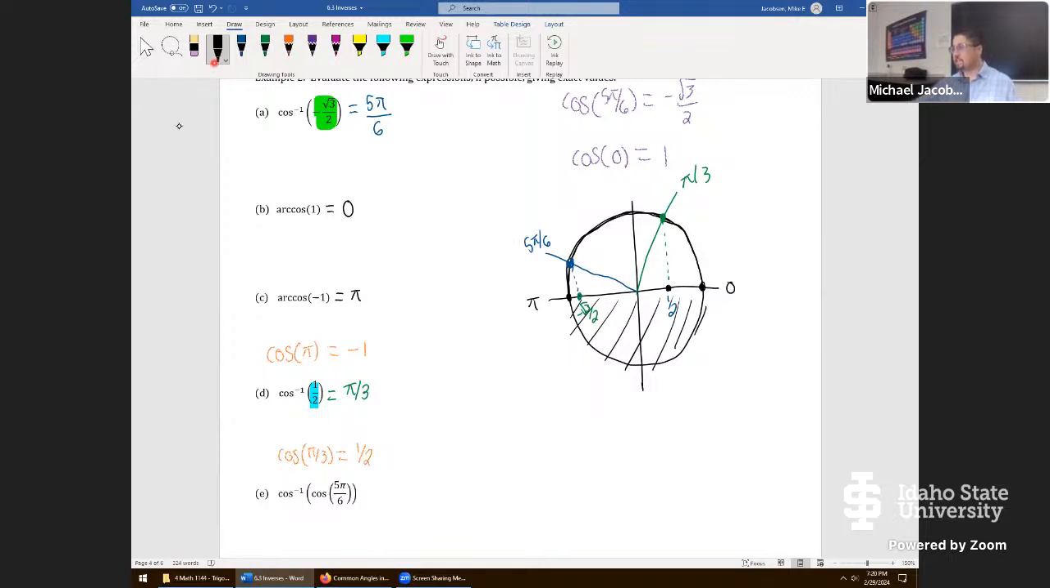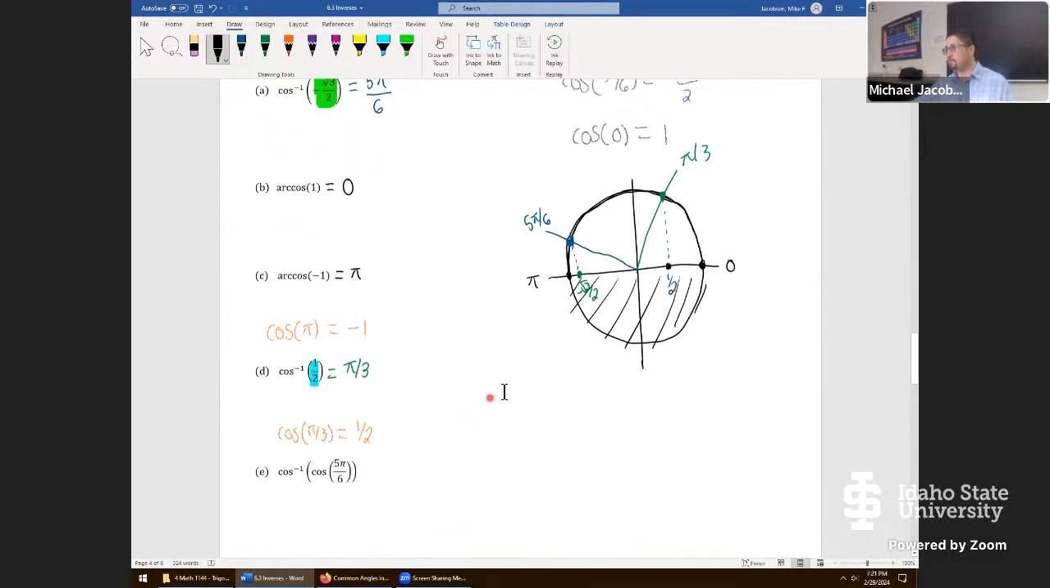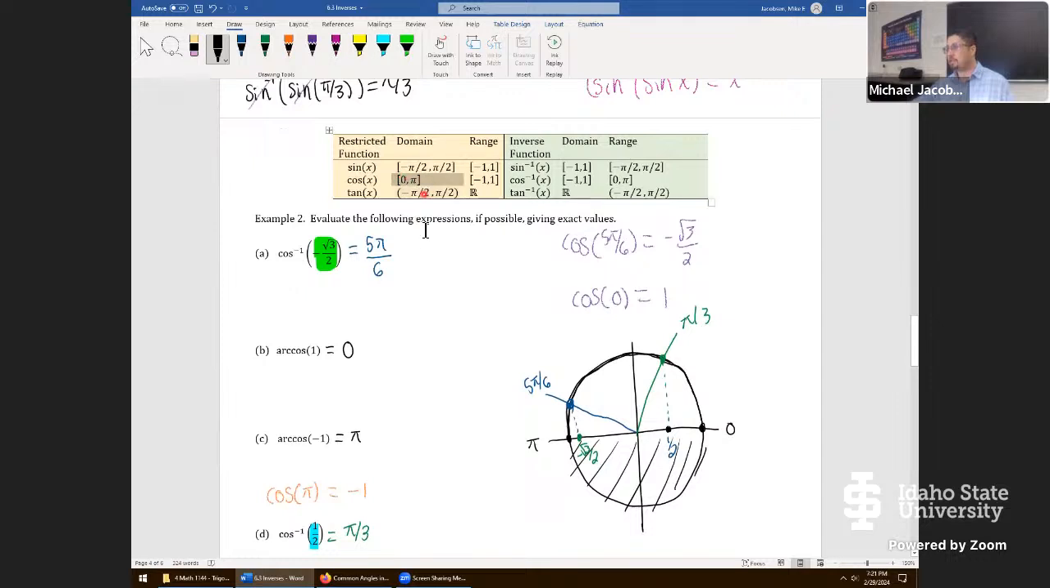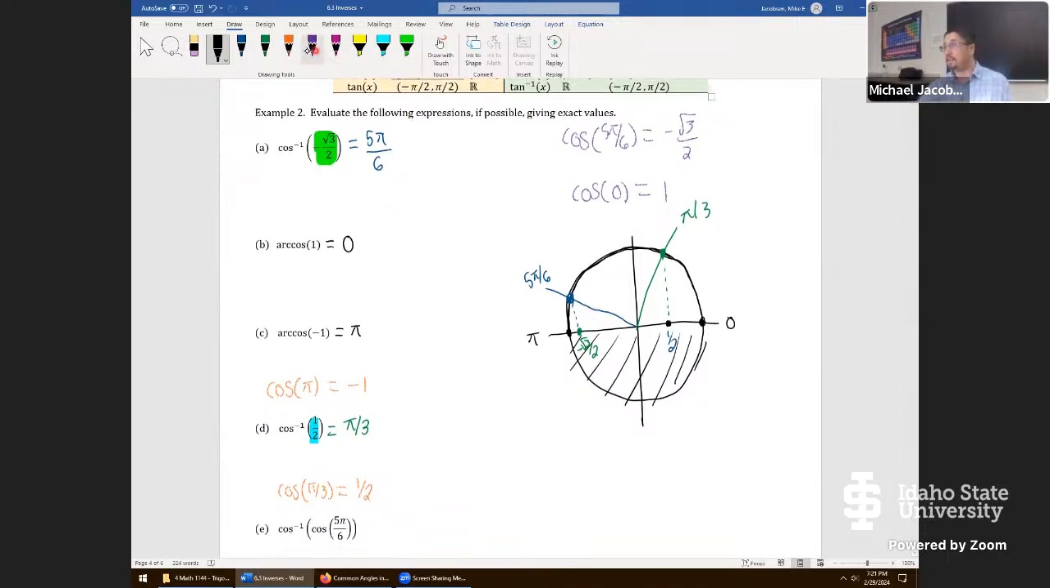Let's take a look at this one next. Cosine of cosine inverse 5pi/6. This one is not the dangerous one because note this 5pi/6 is in the domain of the restricted cosine function. So in other words, you could take a look at this table right here. If your 5pi/6 is in the domain of the function, and this is all you really have to do. There's a cancellation going this way, and this one is nothing but